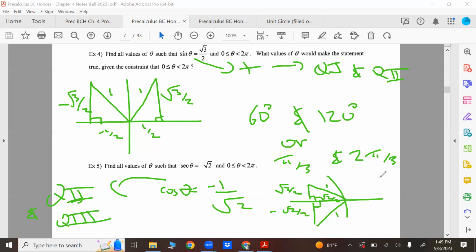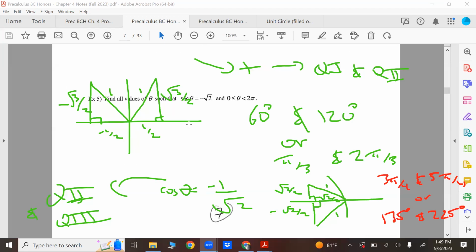You said 3 pi over 4? Yes, thank you. 3 pi over 4 and 5 pi over 4. Or you can give it in degrees: 135 degrees or 225 degrees. That'll work also. Okay, I think that's as far as I want to get today, because